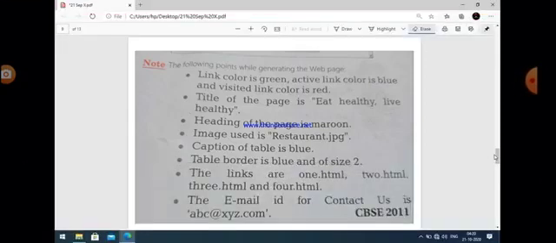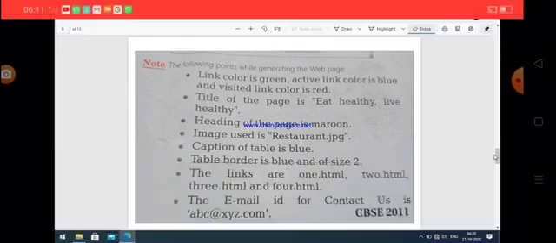Then names of the links are given: 1 HTML, 2 HTML, 3 HTML, and 4 HTML. So in different list items, actually there are 4 list items, and the links that will open are 1.html, 2.html, 3.html, and 4.html when we click on that particular item.